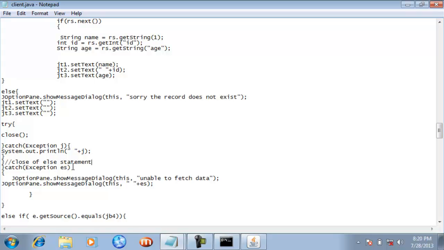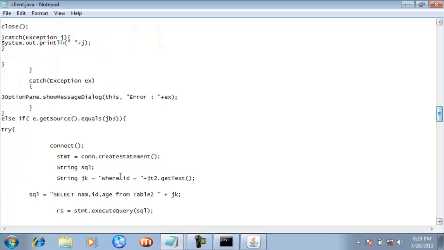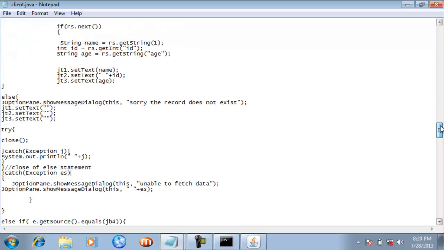And guys, this is the catch block of this try statement. So this try statement has the catch block here itself, and if you face any error while fetching the information from the MS Access database, then I have written one error here, "unable to fetch data". This is the customized error that I have created myself, and this is the error that your SQL exception interface will display, or you can say the JVM will display.